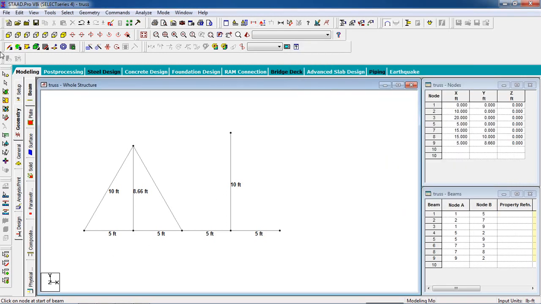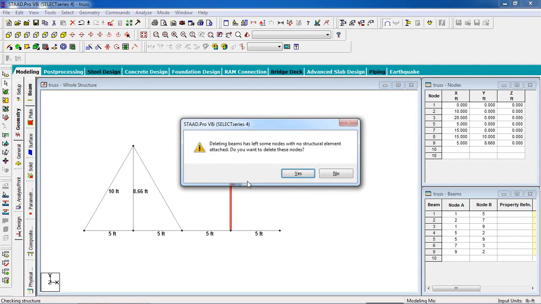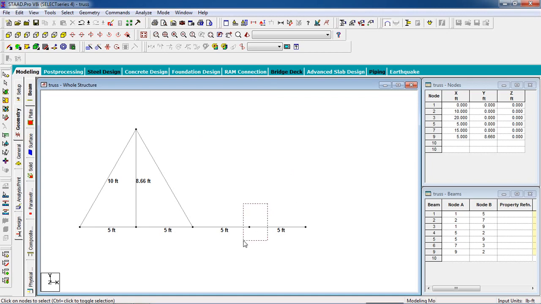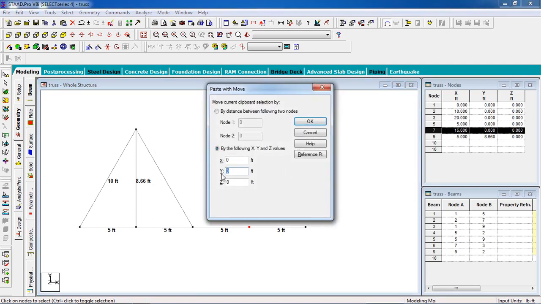Now we are gonna delete this. We're gonna create a node, or you can copy this node, Ctrl C from your keyboard, and paste this node in the upper 8.66 feet. Paste in the y direction 8.66 feet.